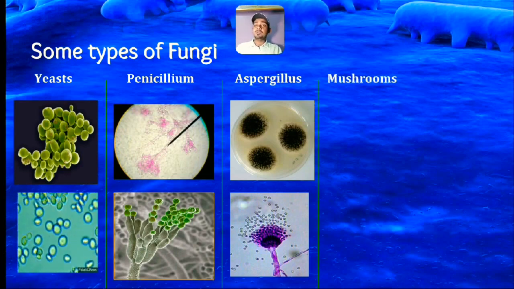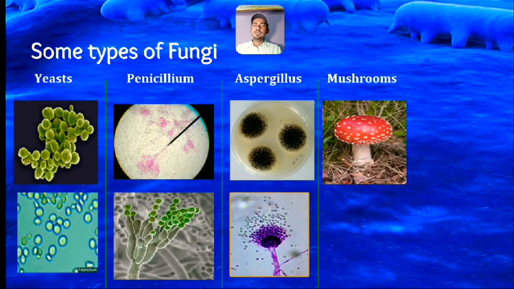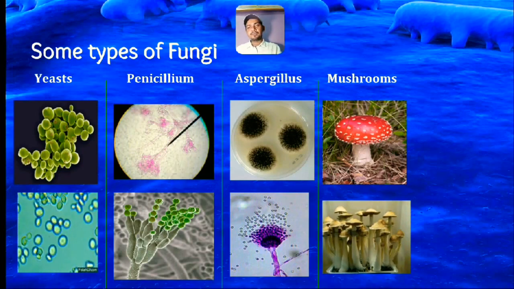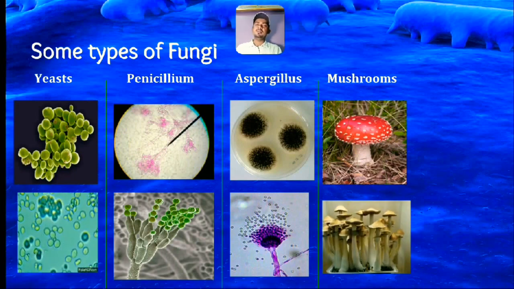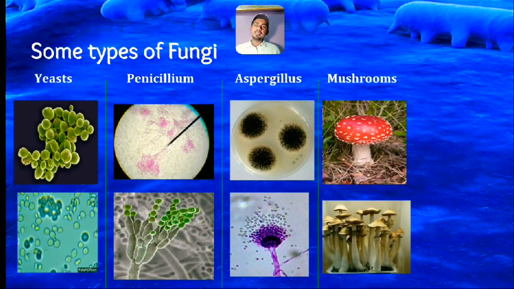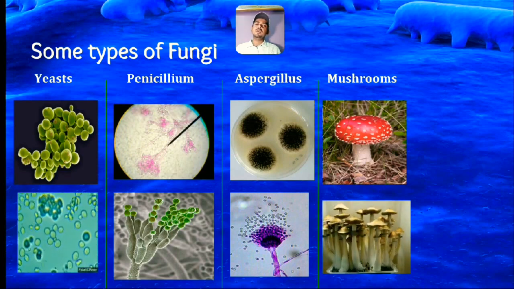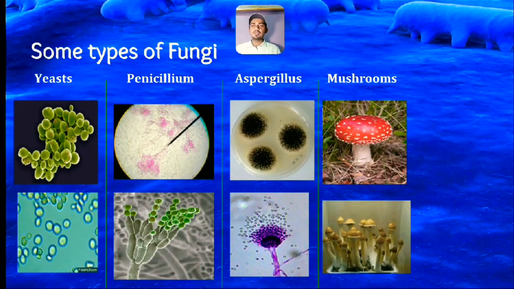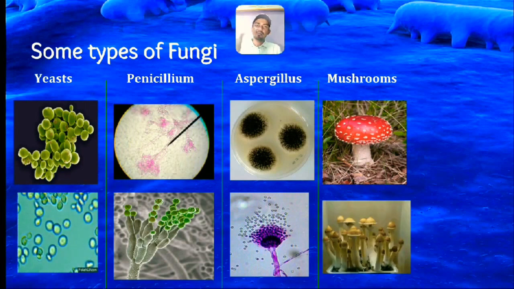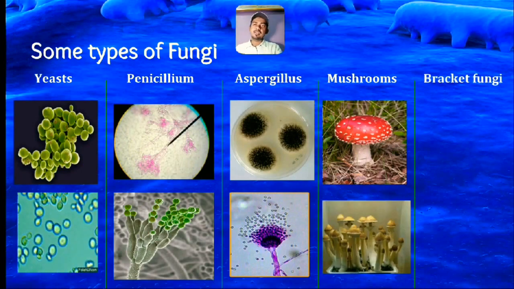Okay, so after aspergillus, we have mushrooms. Mushrooms too we are familiar with, we must have seen mushrooms. This is a very beautiful picture of a mushroom here. And this one is a gif of how it is growing. Actually it happens very slowly. This is a very fast forward image. I think in a couple of seconds it is showing us the growth, which could take a couple of days or three or four days. So this is how they grow upward. And one more type of example is this, bracket fungi.